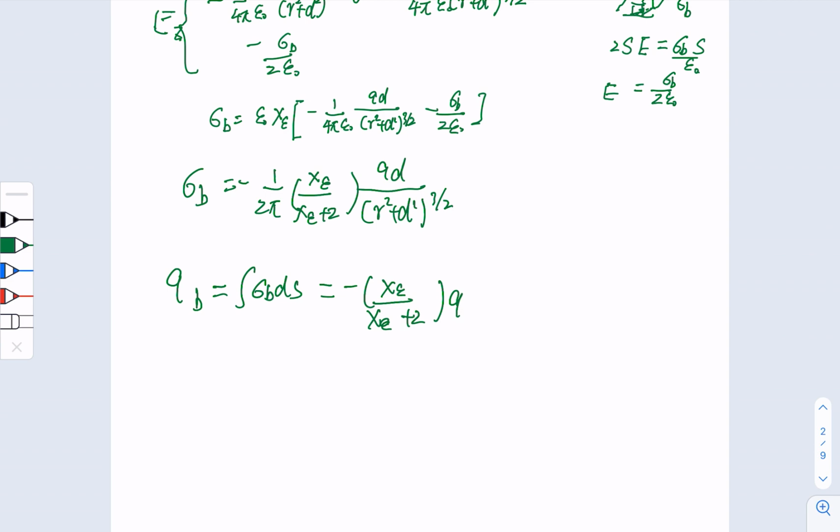This also reminds us that in the problem of the conductor case, we use the image charge to solve this problem. And in this problem, we can also use a similar technique. Right now, you can see that the total charge on the surface is, instead of minus q, minus q times another constant. So if you want to use the image charge to solve this problem, then the image charge should be equal to the total charge on